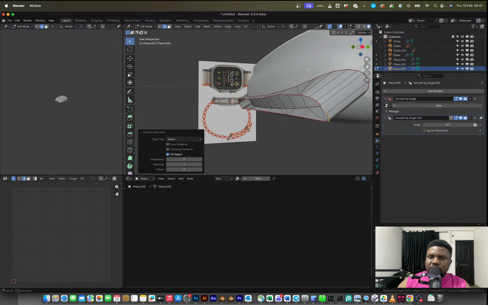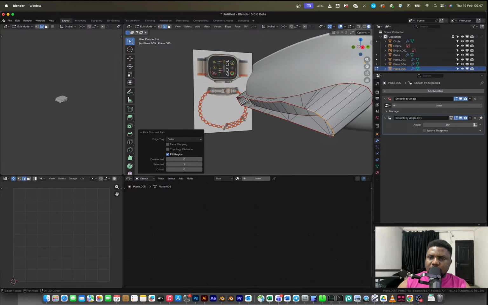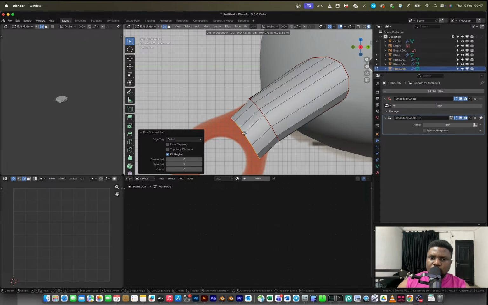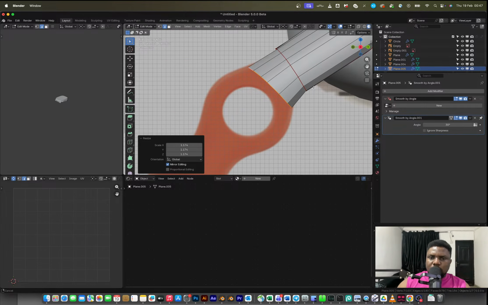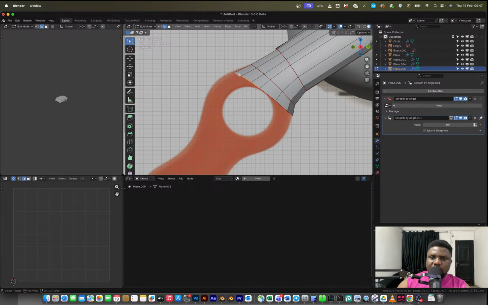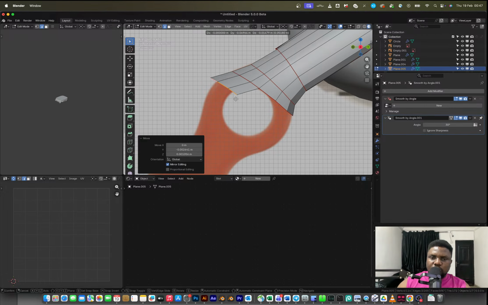I want to select these edges right here. And on the side view, can I extrude those? Right, rotate, and then scale. Extrude up onto this point. Extrude again, rotate and scale. Just like so. Then right at this point, can I just select these ones, scale it, but I'm going to